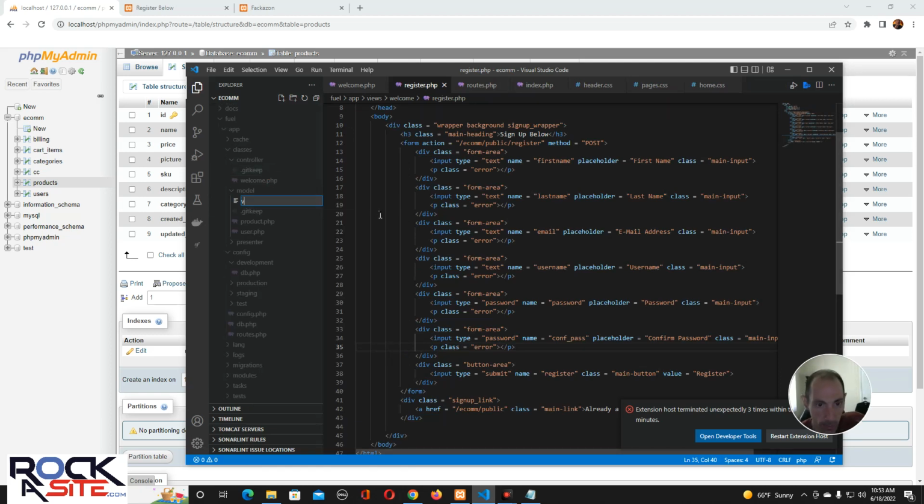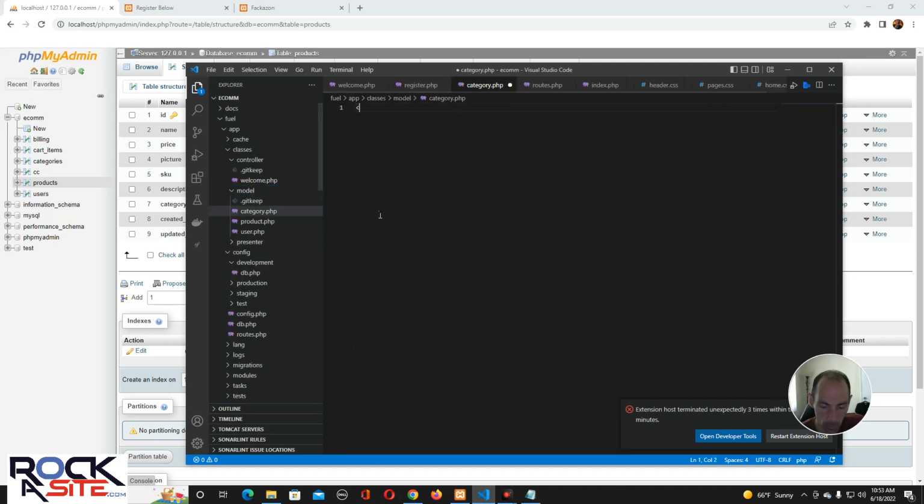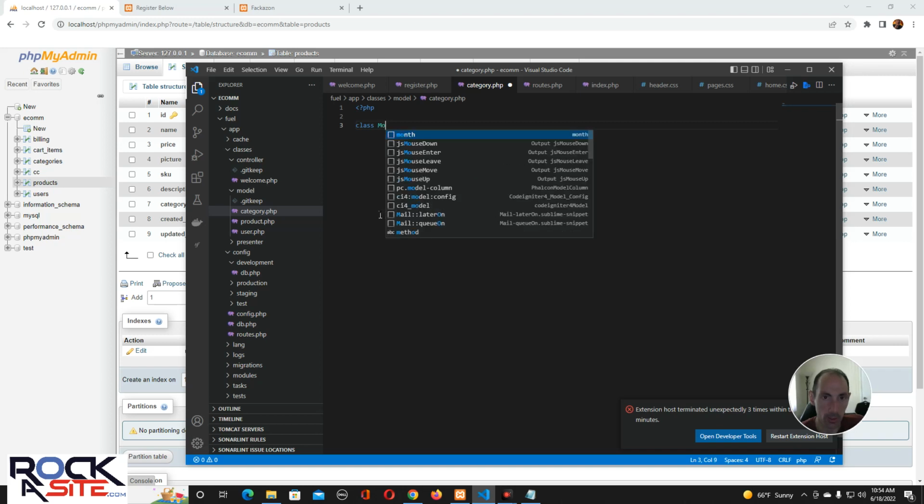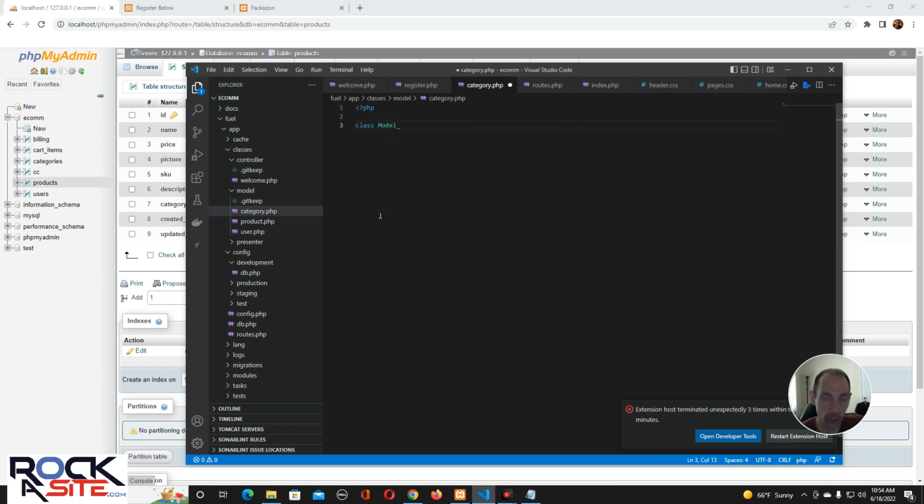Let's do categories. Or category. As you can see, like I was saying before, it's real easy to make one of these. You don't have to do any extensions, well, you do, but you don't have to do any kind of includes or anything. It's just this. This is all you need to do. And I think that one was